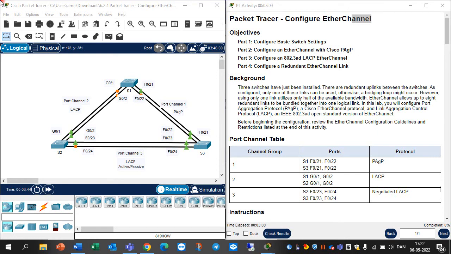Hello guys, in this video we want to discuss Packet Tracer 6.2.4, configure EtherChannel, and you can see the objectives here. We have 4 objectives: configure basic switch settings, configure EtherChannel with Cisco PAgP, configure LACP EtherChannel, and configure redundant EtherChannel. As you know, EtherChannel is the technology that